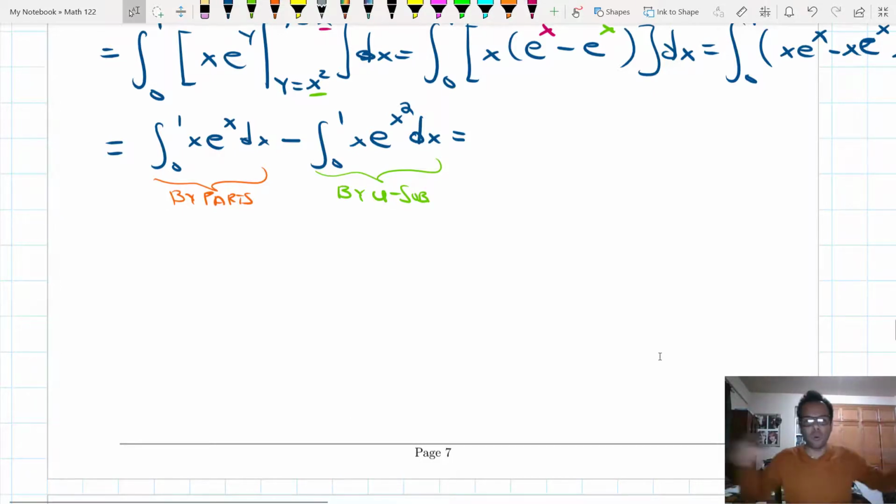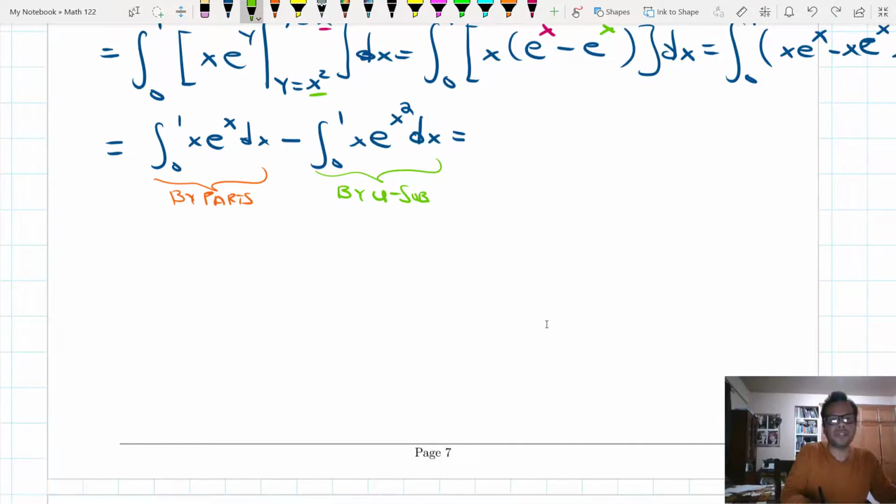Instead of writing the whole thing using an integration by parts for one term and then substitution for the other term, I'm going to use the space below to evaluate this integral. So I'm going to do the first one, which is by parts. Okay, so the number one, the first integral right here, number one, by parts. Okay, so I'm going to write the integral from 0 to 1 of x e to the x,